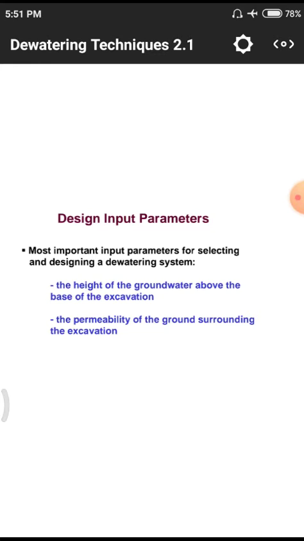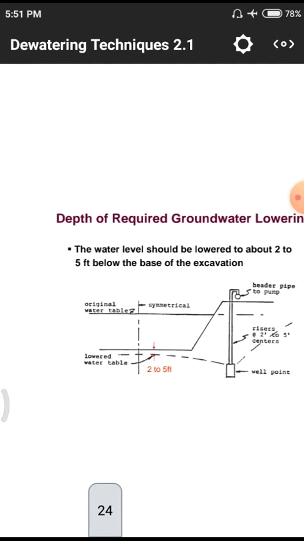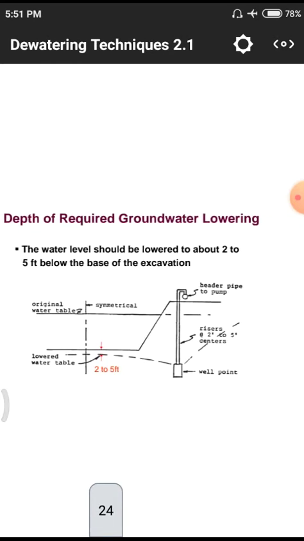Our site is also affected by this groundwater table, so we need to take precautionary measures. In the previous measures we observed these trenches and others being constructed. In some cases we are using dug wells and boreholes, and sand wicks are also constructed in the field itself to control the groundwater level. Those are the two parameters we need to consider whenever we go for these designs. And next one, first one is the depth of the required groundwater lowering techniques.